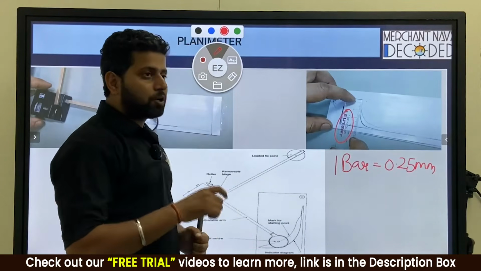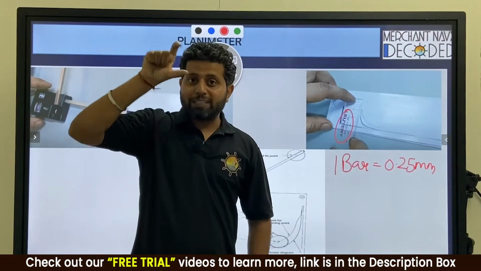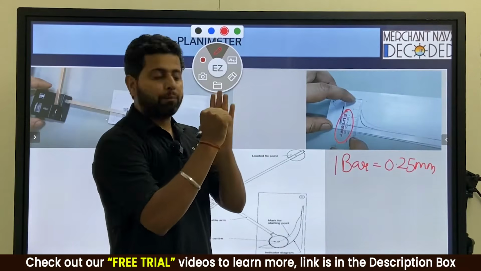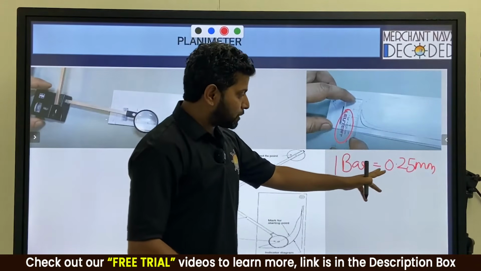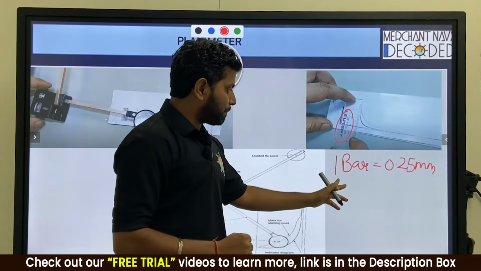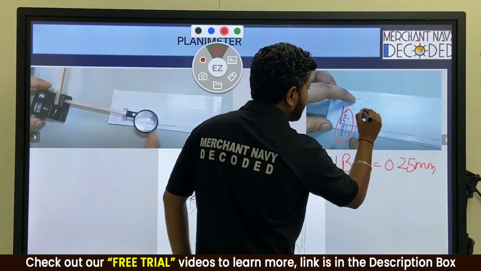This scale is needed because that indicator instrument has got a spring constant. The spring on top has a constant, how much pressure down below will move that spring up. So if you apply 1 bar pressure, the spring will move only 0.25 mm up. So if we give 4 bar pressure, it will move 1 mm up. So out here we calculate from over here how much mm is this.